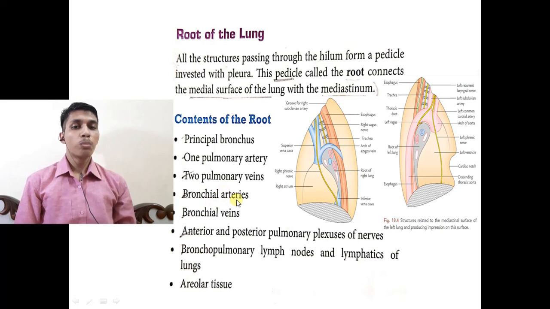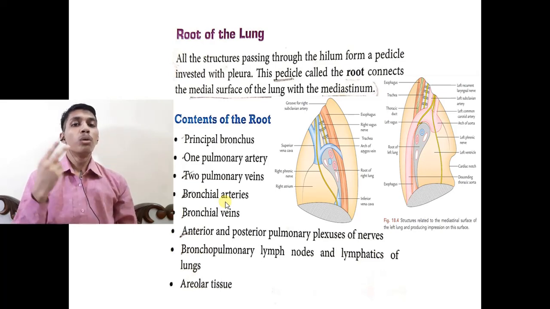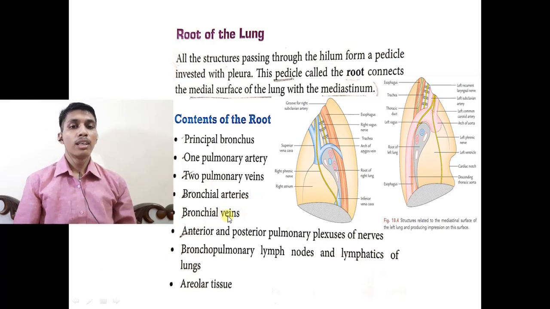Then the bronchial arteries, which we study in a separate video. These are the main blood supply of the lung: one single bronchial artery in the right lung and two bronchial arteries in the left lung. Then the bronchial veins, then anterior and posterior pulmonary plexuses of nerves, and bronchopulmonary lymph nodes, then lymphatics of the lungs